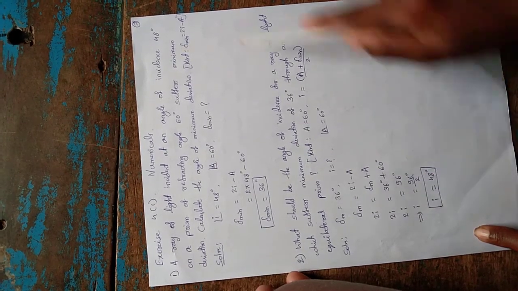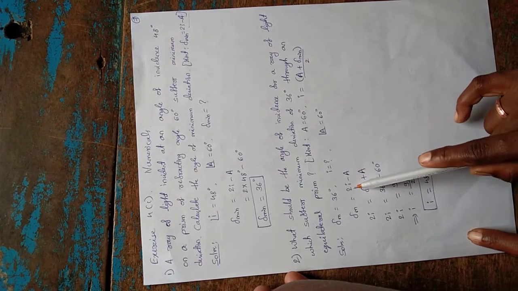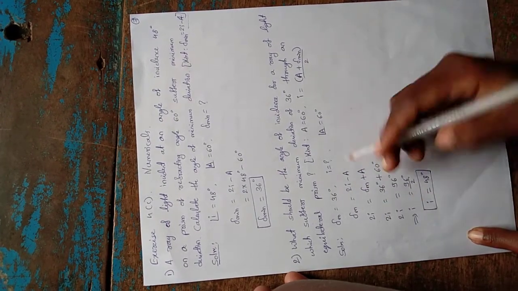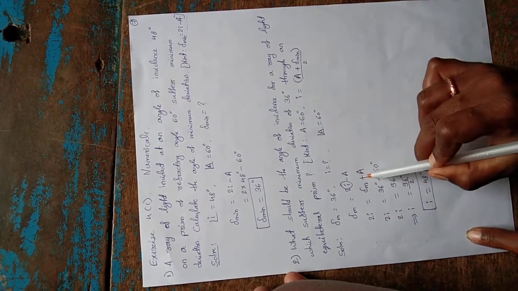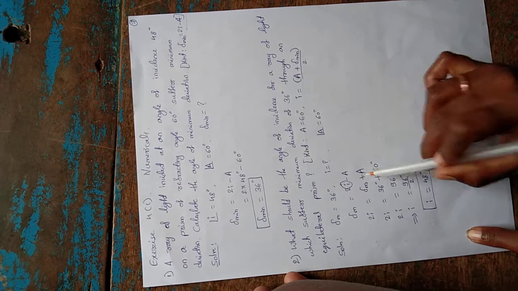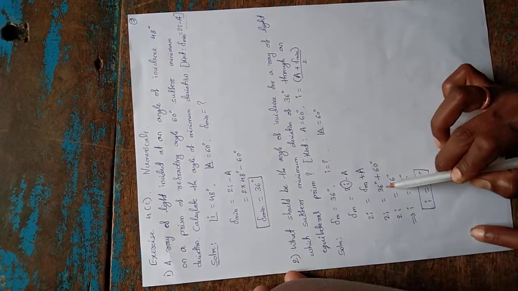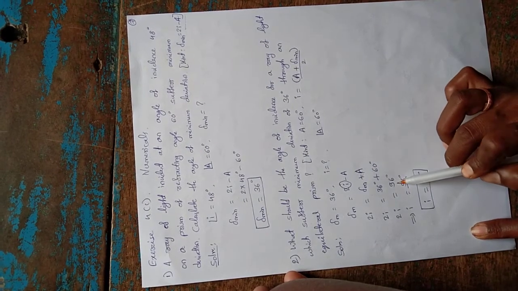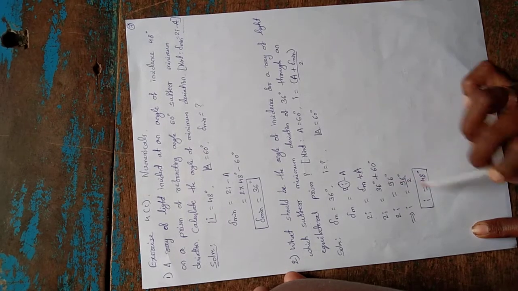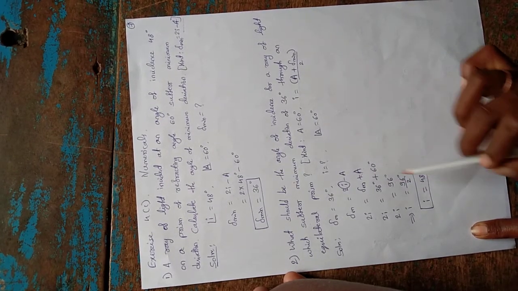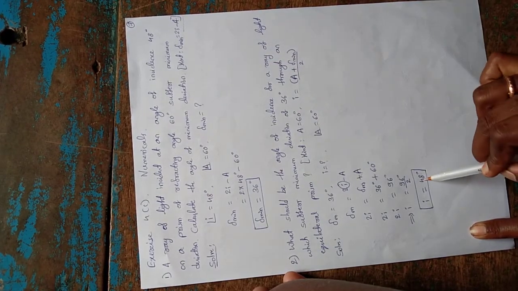So using the formula, angle of minimum deviation is 2i minus A. This 2i you take out, because we want this I. That's why 2i is equal to delta m plus A. And 2i is equal to delta minimum 36 degree plus A 60, which is 96. 2i is equal to 96, then I is equal to 96 by 2. So I is equal to 48 degree. The angle of incidence for a ray of light is 48 degree.